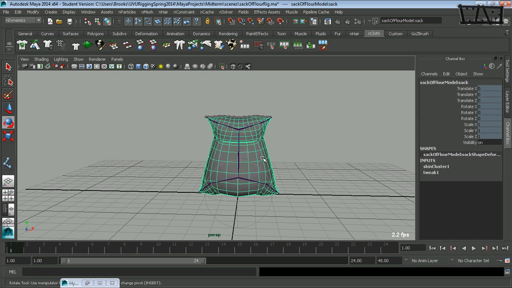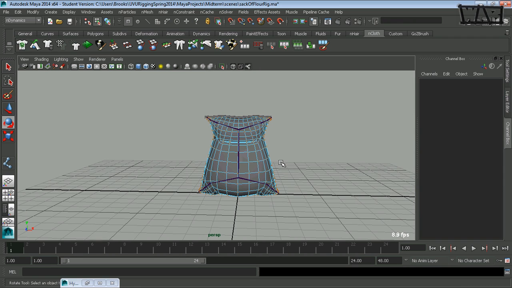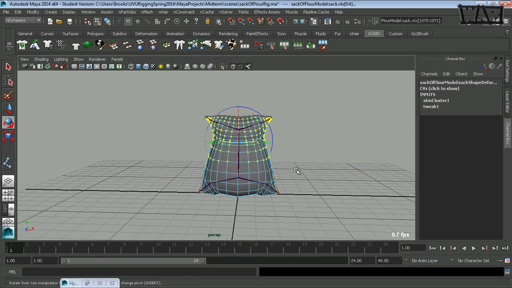Well, if you select the mesh and hit F8 on your keyboard, that gives the component mode a higher priority than objects. So now I can drag select some vertices without selecting my joints. And that's why I say get used to using the F8 key to switch from component mode to object mode, because it will always do what you want it to do that way. Okay, so to continue on,